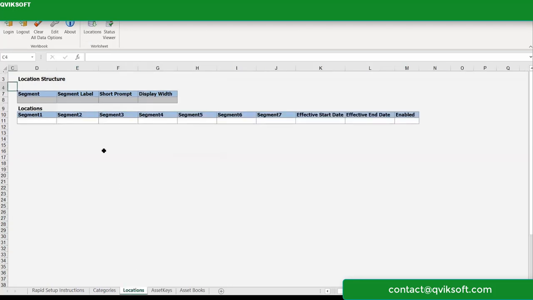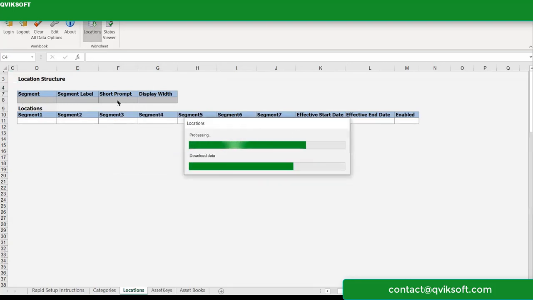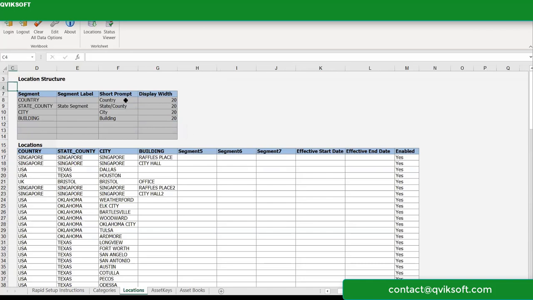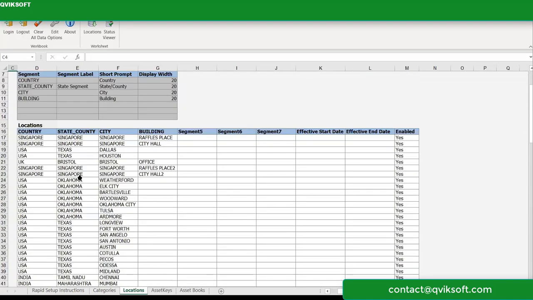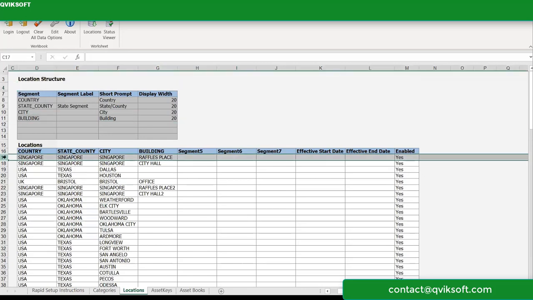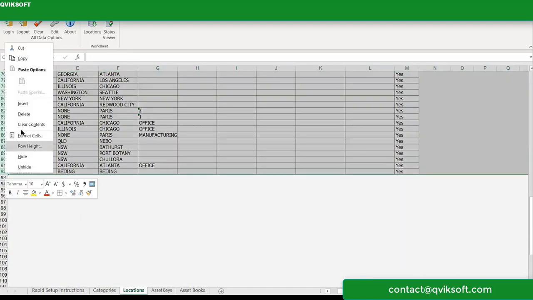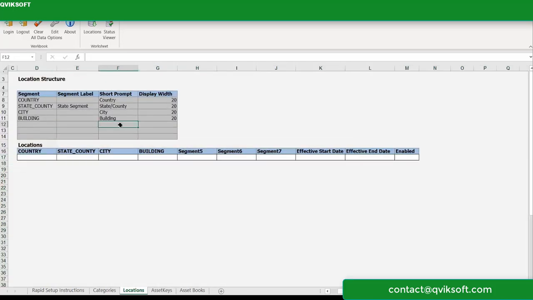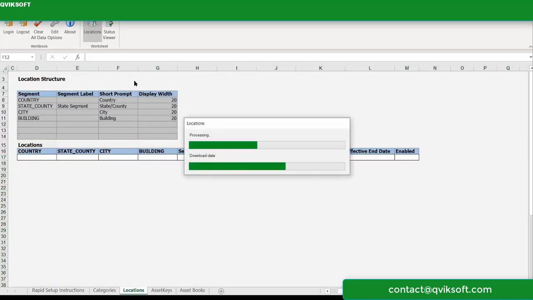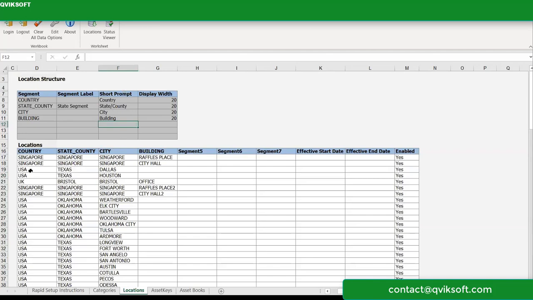Similarly, I go to locations and I have to do the same thing. Populate this flex fill structure on top first. Without this, it will fail when you try to upload. It will still validate, but while uploading, it's going to give you a lot of trouble. Okay, so these are the locations. Again, same thing: if you don't want location, you can always delete it. If you want to fetch it again, you can click on location. It will fetch your data again from the system, just in case you accidentally deleted something.